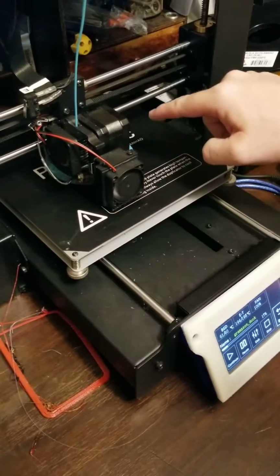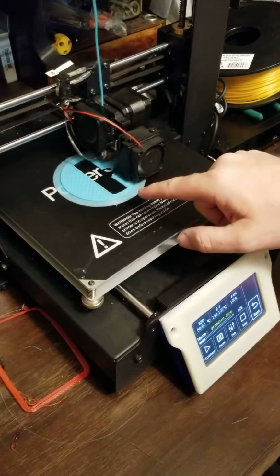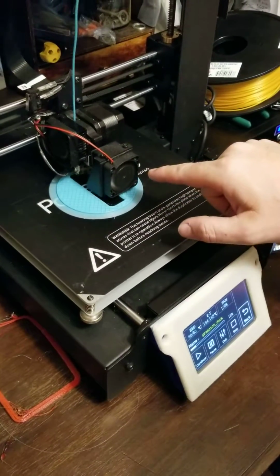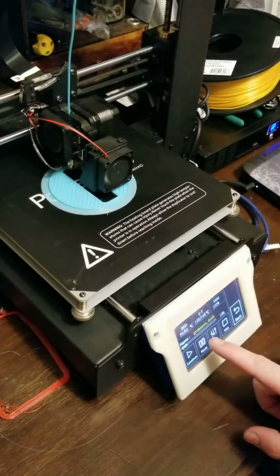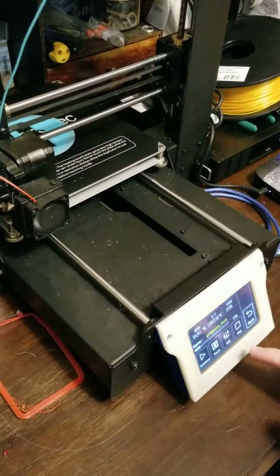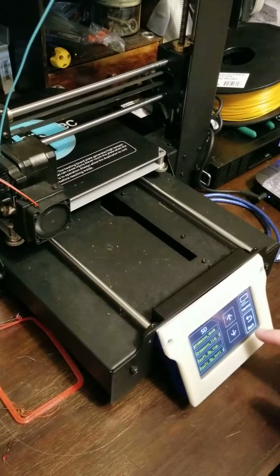I'm going to let it do the outside rim before I change filaments, because I don't want the filament to look discontinuous from the outside. So now it's doing an infill, so I'm going to pause it while it's doing its infill. It's going to go back to its home XY position. So I go back,